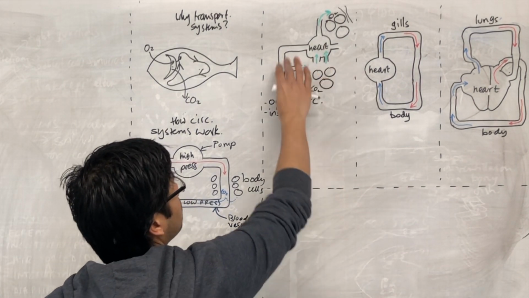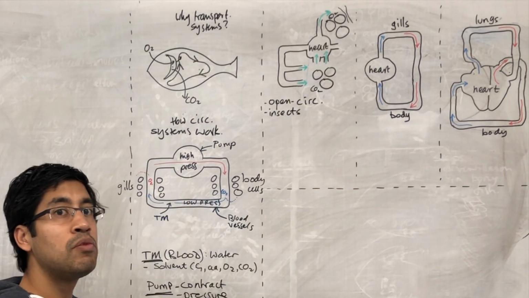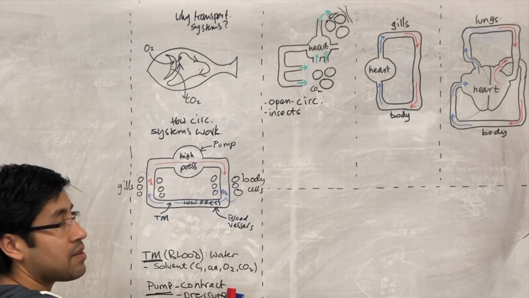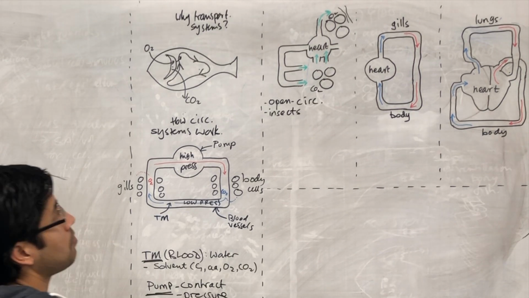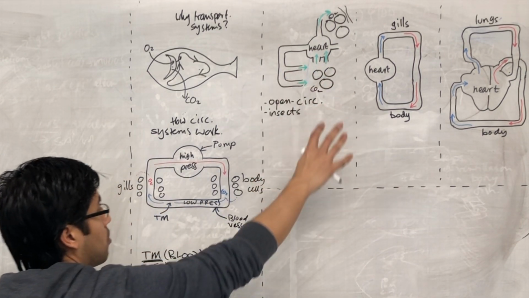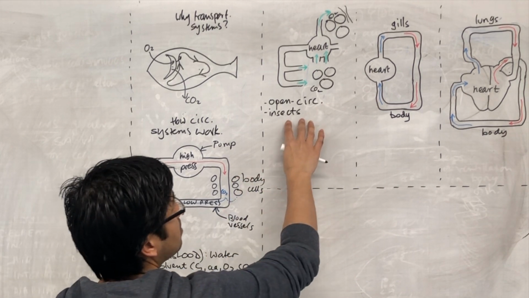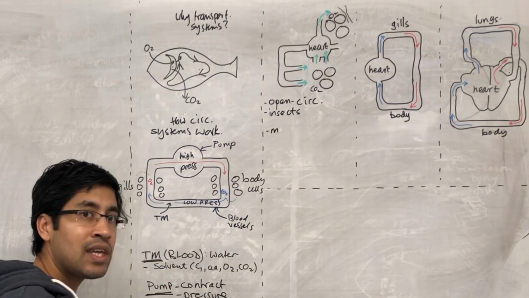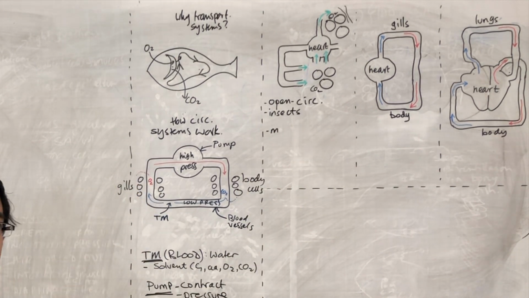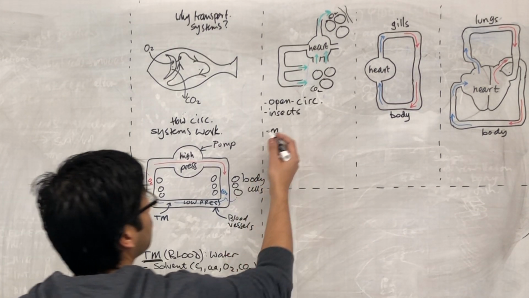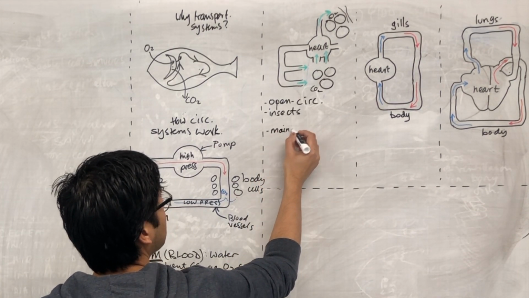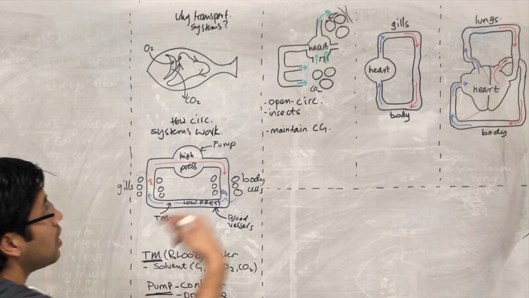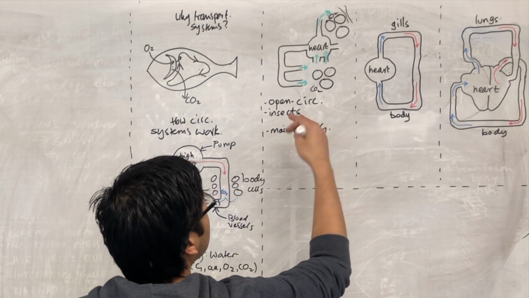So the purpose of this system is just to keep the fluid moving so that there's always a concentration gradient between the concentrations of gases in the fluid and in the cells. Okay, but the way that system works is how we have discussed. So it maintains concentration gradients. So I think it's helpful to think of it as what are the advantages of the system and what are the disadvantages. So in this case, yes, it does maintain the concentration gradients, so it allows the diffusion to be maintained. The problem is,